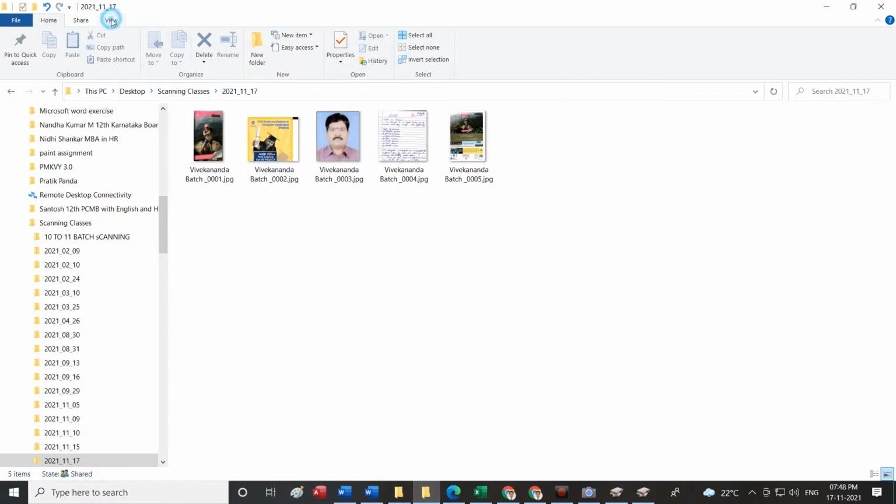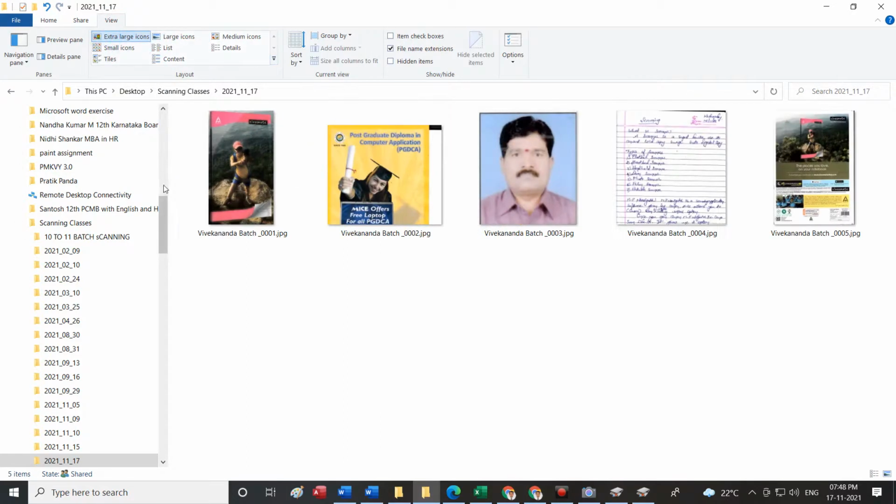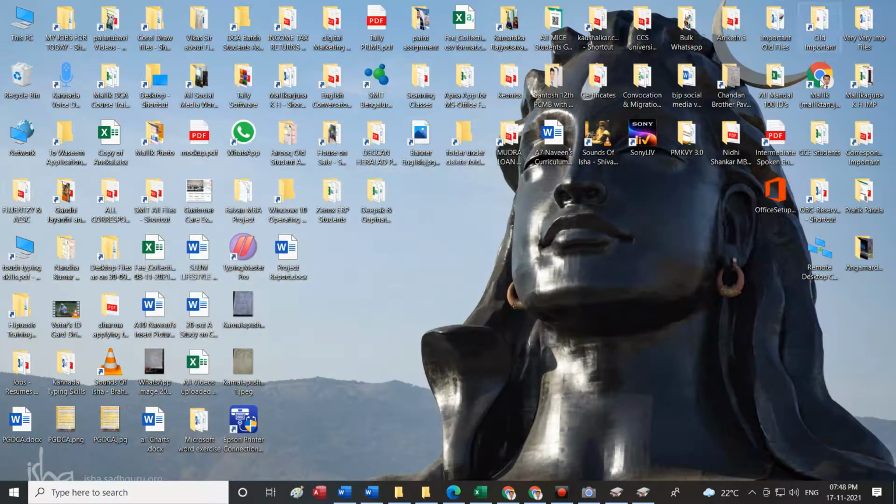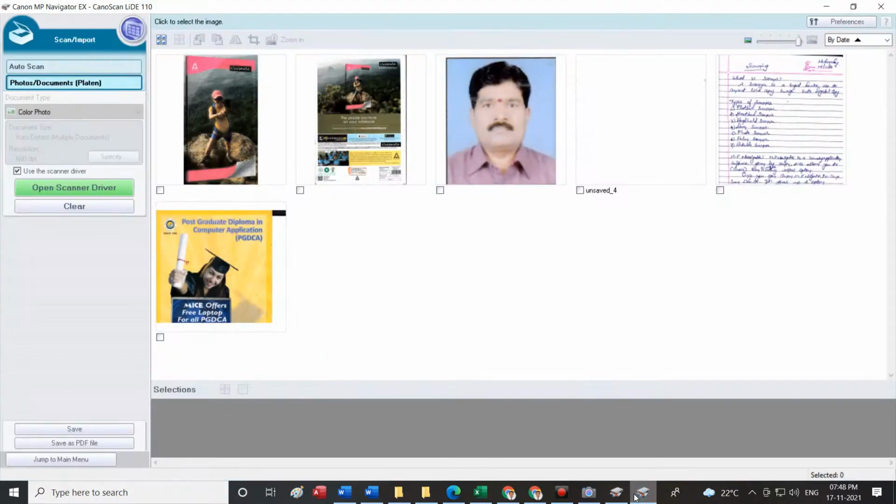Okay, I'll go to view. I'll see as extra large icons: 1, 2, 3, 4, 5. All the 5 files are available here. I can start using it. Now I'll come back to scanning classes. I'll close this. But most of the time, naming all the files with one single file name may not exactly